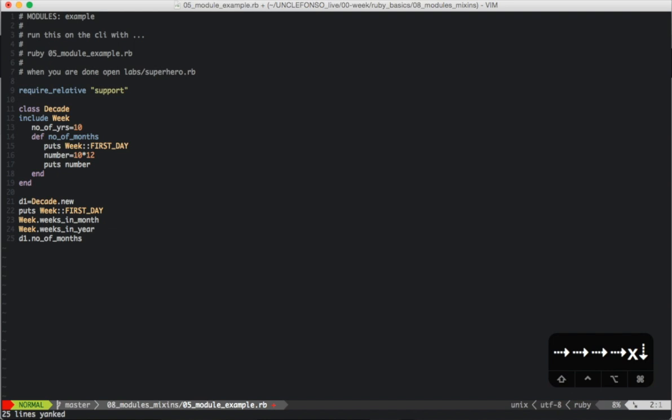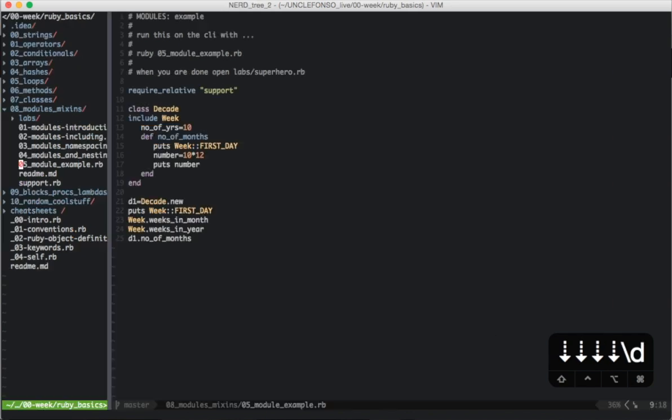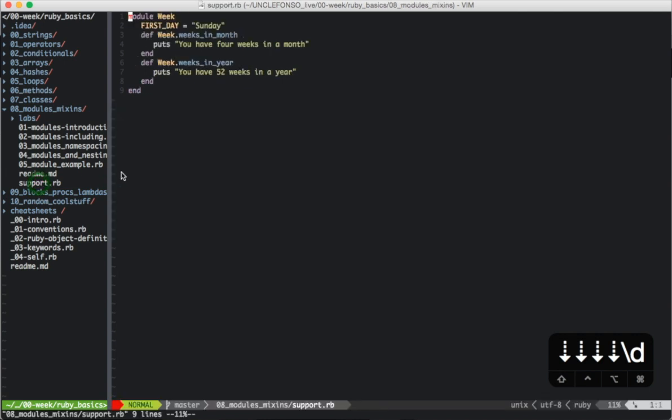this on the command line. And also there is a file I want to point out. So inside this folder, the modules folder, there is another file here, support.rb, right? And let's take a peek at that real quick. And what's inside